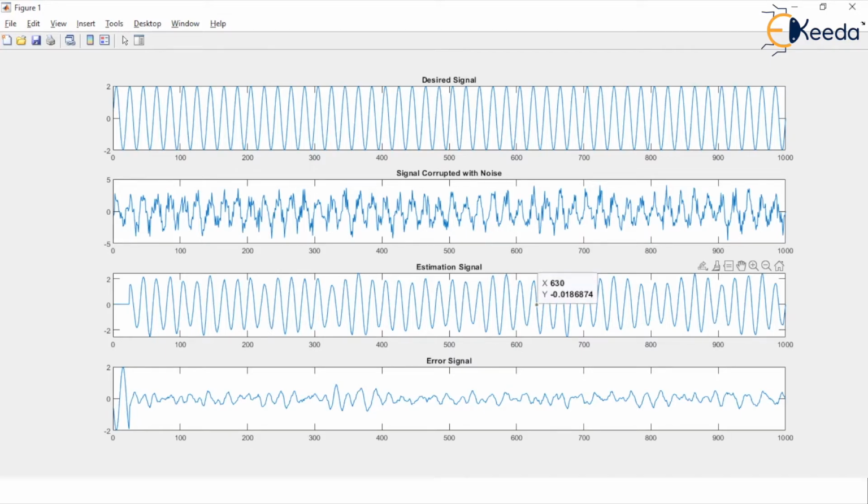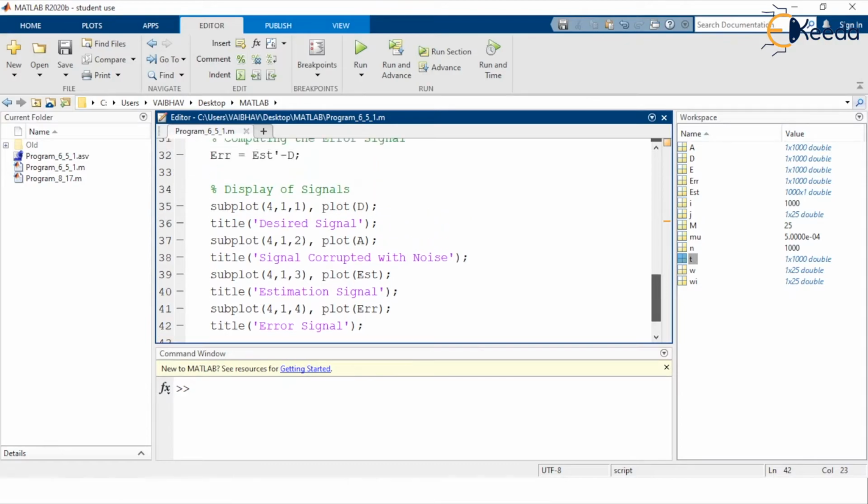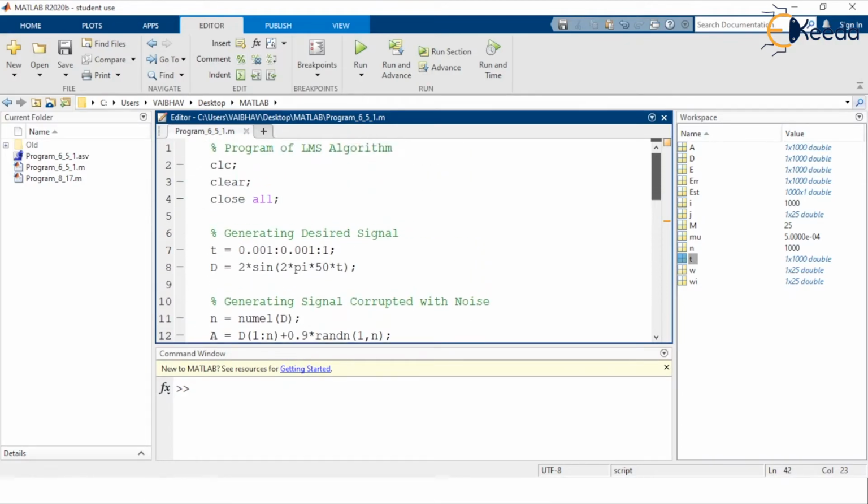To subtract the desired signal from the estimation signal after filtering through the LMS adaptive filter algorithm, we have the difference signal as the error signal plotted in the last subplot. So I just close this MATLAB window. I think the understanding of implementing the LMS structure as per the theoretical knowledge from the previous video is clear to you.